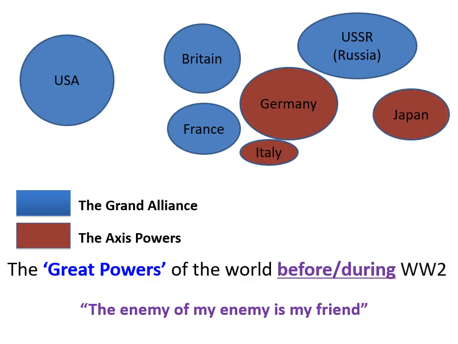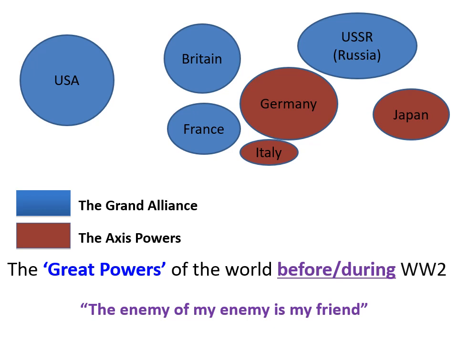So before we look at superpowers, we need to have a look at great powers before or during World War II. Now, this map isn't supposed to be a geographical map. Each size is supposed to give you a rough idea of how powerful each of these countries are. And you can see the USA, Britain, Germany, France, the USSR, they're all very roughly the same amount of power. Now you notice you've got them split up into the countries who fought on each side in World War II. So you've got the Axis powers of Germany, Italy and Japan versus Britain, France, America and the Soviet Union.